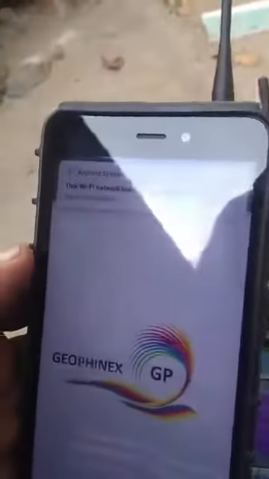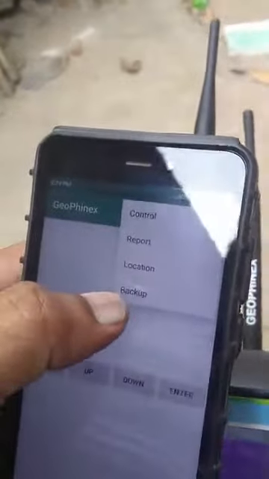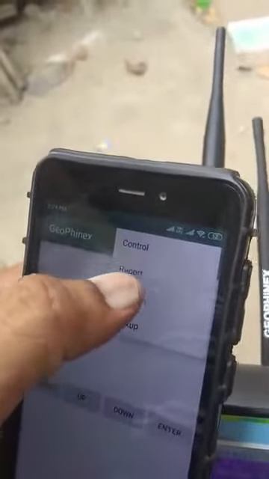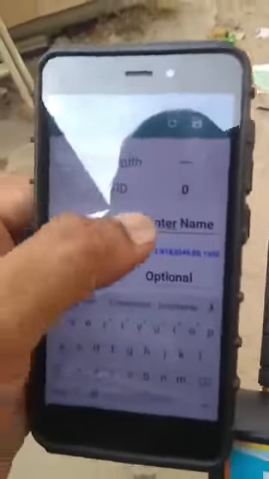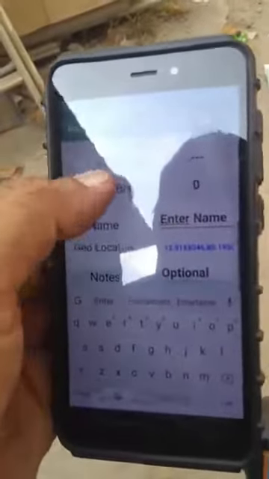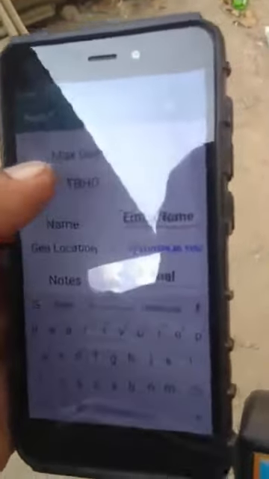Then you do one thing. You go back, and then you click on this app. The app opens, and once the app opens, you can go to the 3 stars over the top. You can click it. Then you can go to the report. You can click the report. You see the report comes with the geo location. GPS location is here, and you can enter the customer name, and you can enter optional details over here, bore point 1 or bore point 2, for which customer.